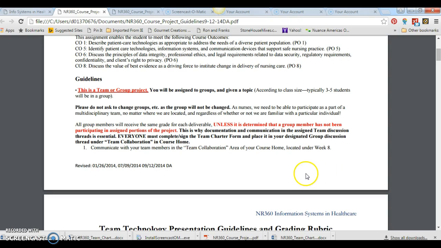The other piece that I wanted to mention very briefly is that things change during 8 weeks, and I've had teams that started out as a group of 5, and due to students dropping the course or having other issues that have come up during the session, they have ended up as a team of 2 or 3. And no, that doesn't mean that you do any